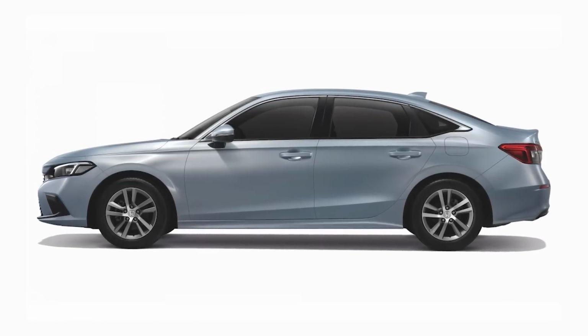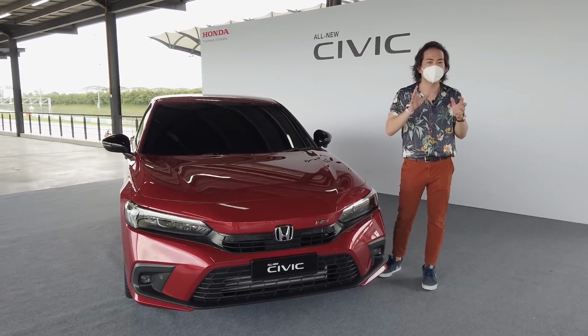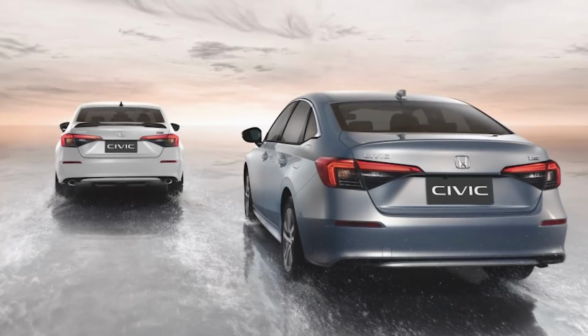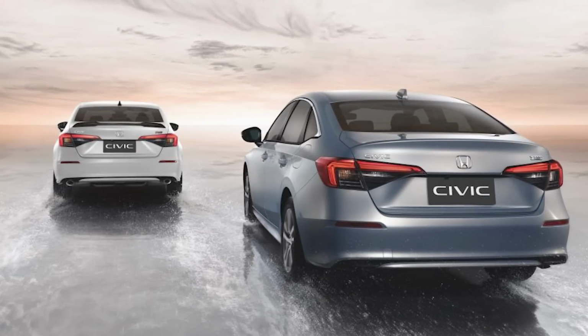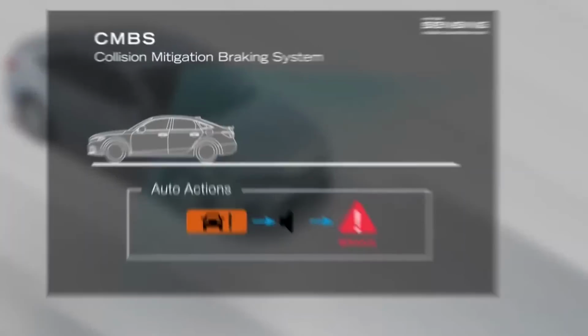Now we've heard rumors that the E model will also switch to the 1.5 litre turbo engine, so it no longer has the 1.8 litre naturally aspirated engine, but we'll have to wait until the launch of this car to know for sure. In terms of safety, this car comes with the full works, the full Honda Sensing Active Safety